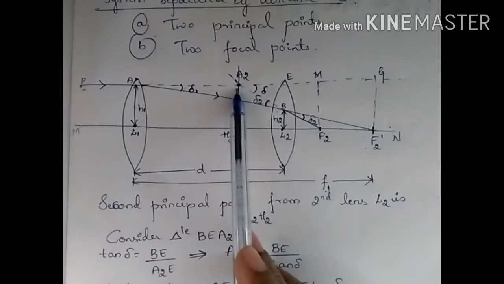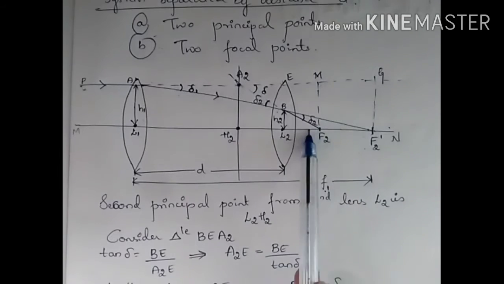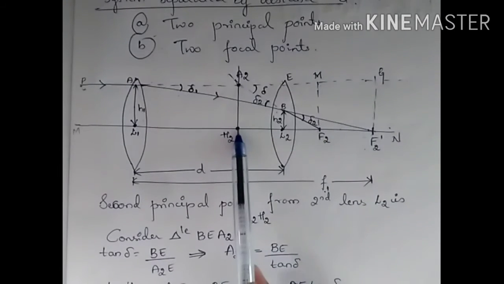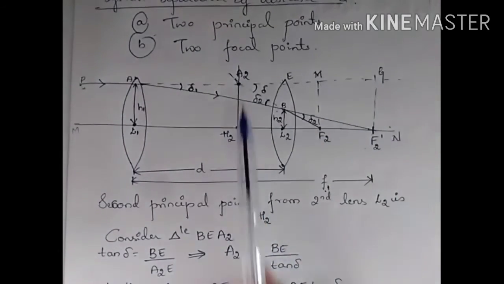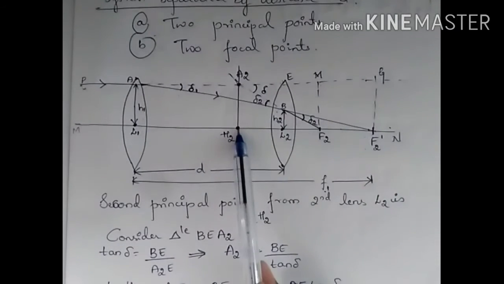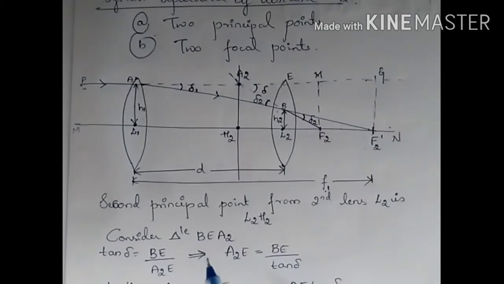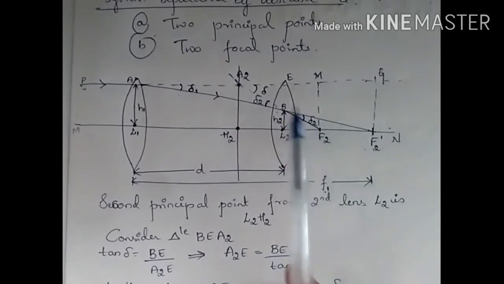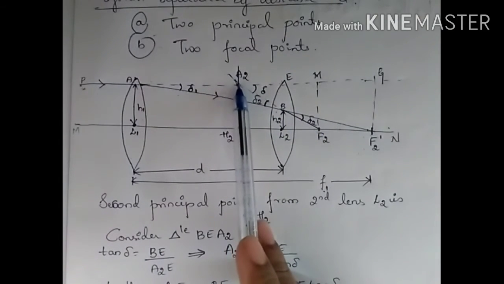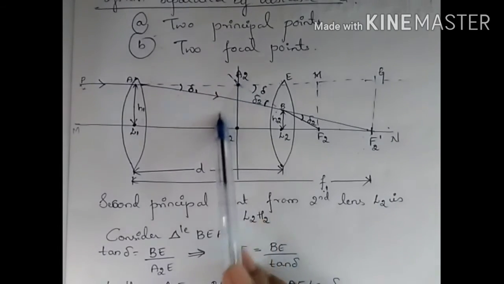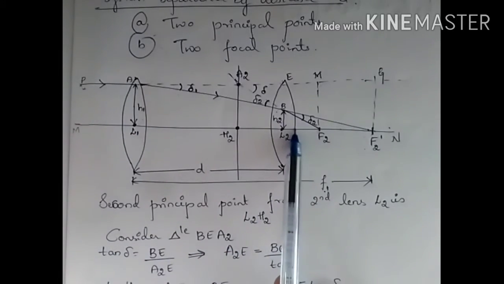Since this ray of light is parallel to the principal axis, this point can be considered as a focal point. Then the distance from the center of lens to F2 will be the focal length. Here, since we are keeping the equivalent lens, this distance can be said as the focal length of the equivalent lens. Hope this is clear. Since the emergent ray and the incident rays are meeting at a point A2, at this point A2 we are placing the equivalent lens for these two lenses.